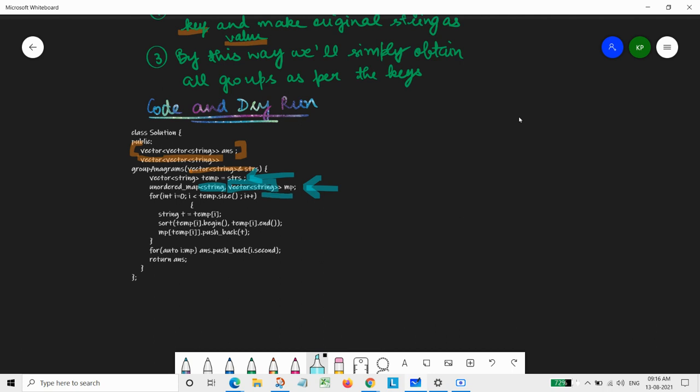Now comes the main part, how we will be doing all this. We'll traverse that temp, the copy of the original input.